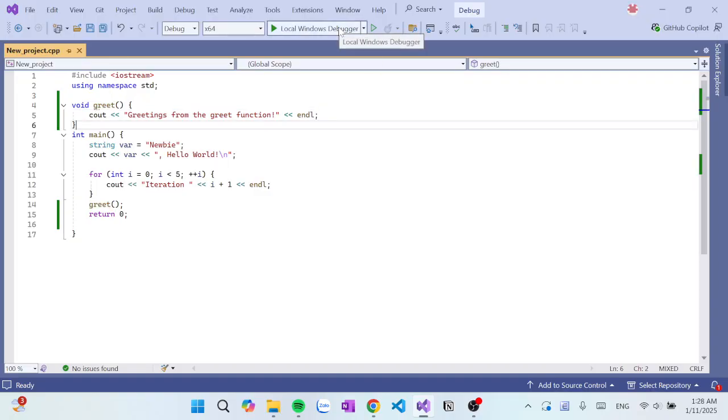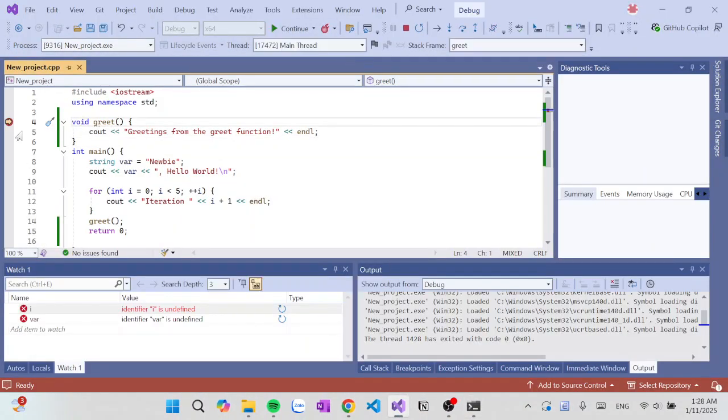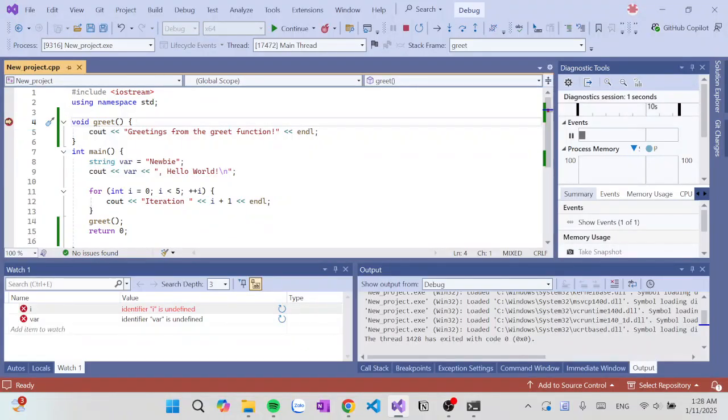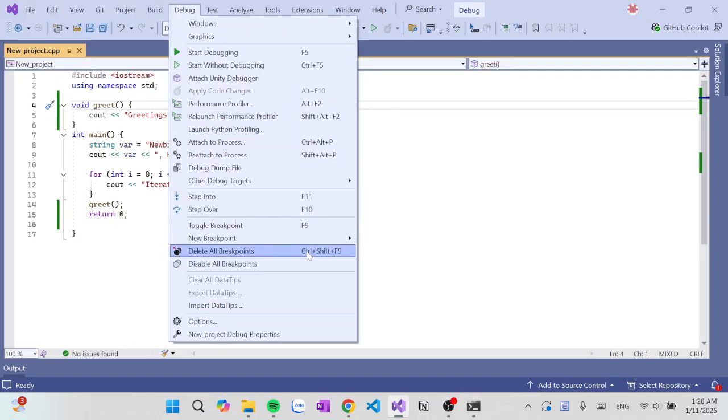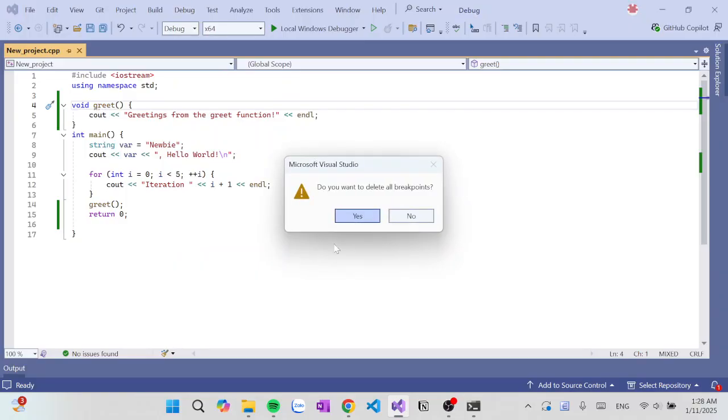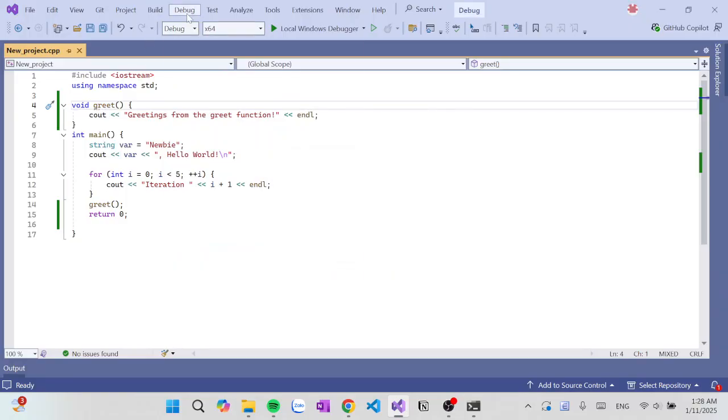So when we start debugging, it will appear here at the greet function. And this function breakpoint is really helpful for debugging things inside the function. Yeah, that's function breakpoints. I'll just delete it. I delete all of them.